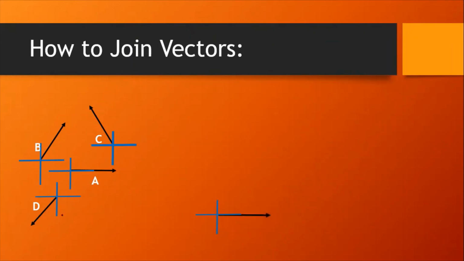So let me join it. Vector A will be on the x-axis, you can see. Then we will draw axes at the head of the vector force. This is vector B, then this is the axis over here. Now you can see this is vector C here, and then I will draw vector D over here. Now finally we will draw the resultant. Head to head will be joined, tail to tail will join, for the resultant only. So this will be R.